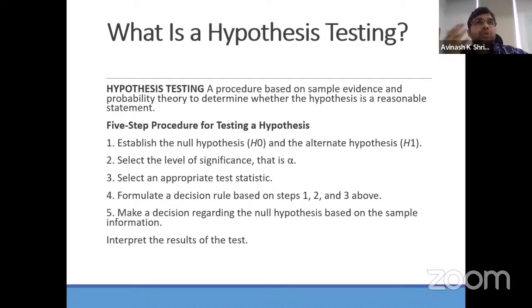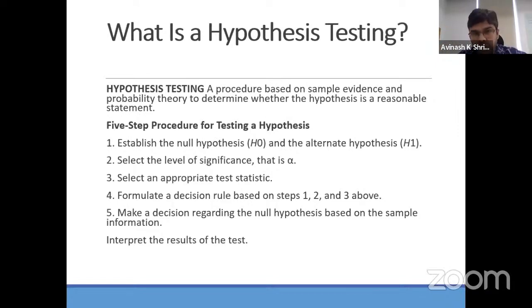suppose I'm not sure about the age of a person who is walking, say, on a road. I may have a statement that says the age of the person is not equal to 35 years. When I'm saying not equal to 35 years, that means the age can be more than 35 years and it can be less than 35 years. Because we can go in both directions, low and high, or say left or right,